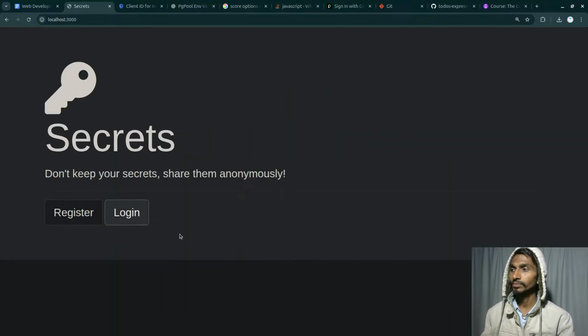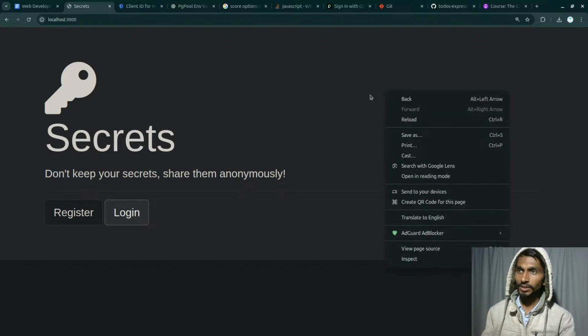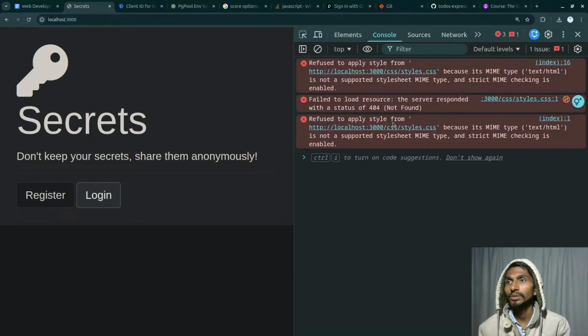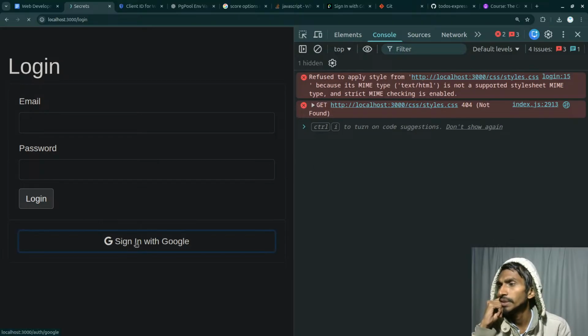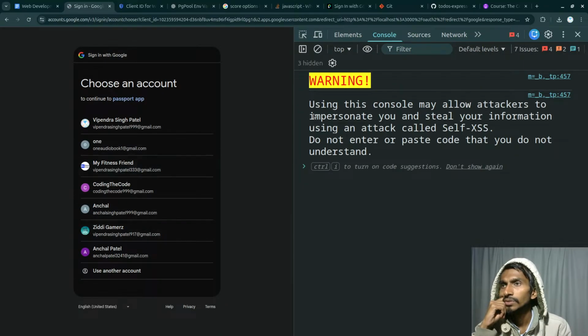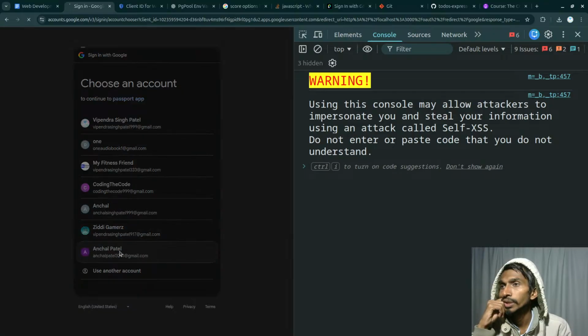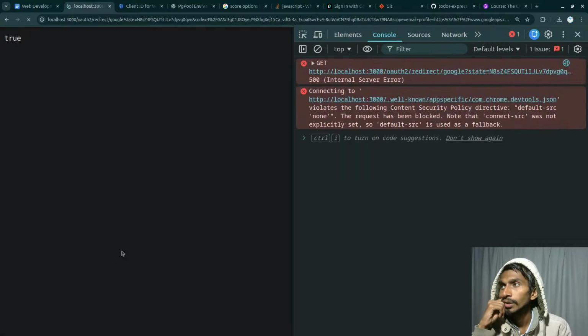There's only one problem. This problem could be related to my cookie or something. Don't know. Let's click on login. What is this? Style.css, localhost CSS here. Okay, forget about that, not really needed. Click on sign in with Google. Using this console may allow attackers to impersonate and steal your information, and do not enter code. Okay, got it. Let's click on this particular email and